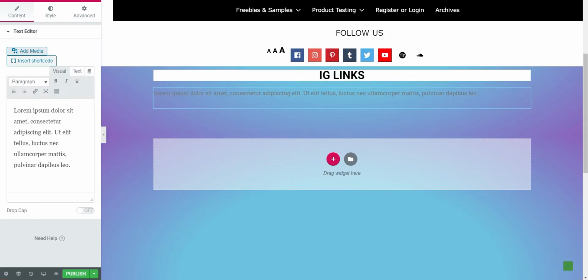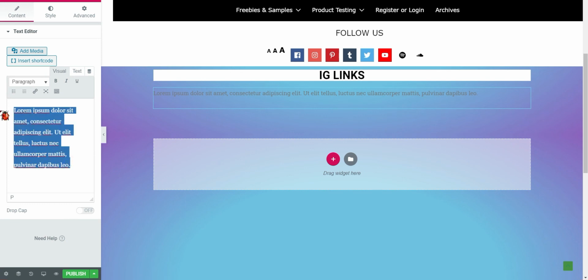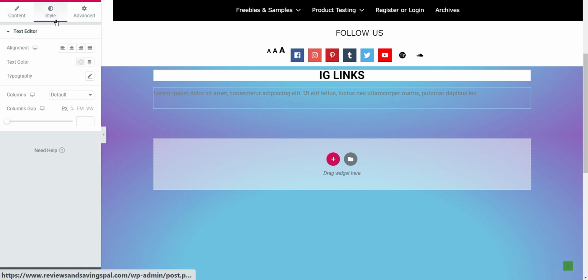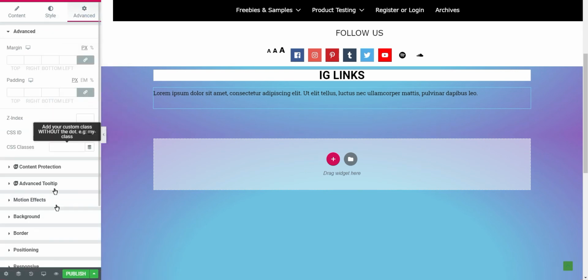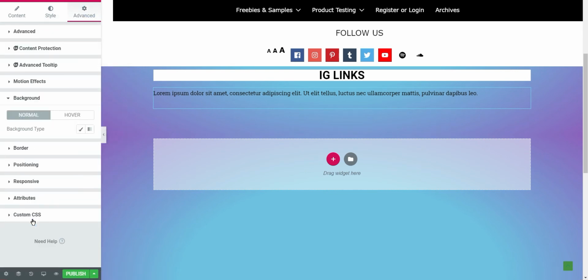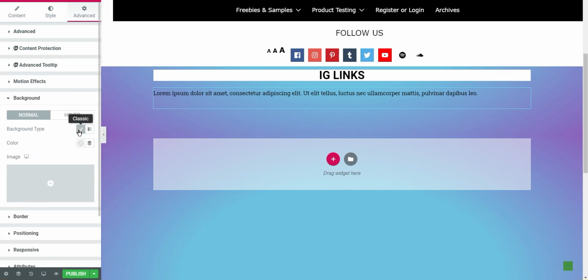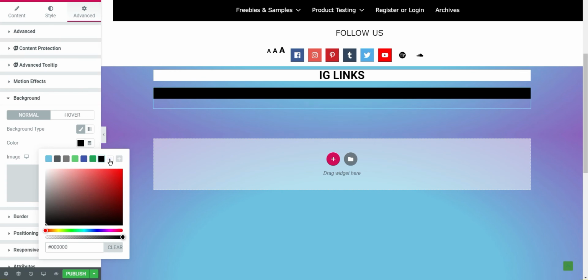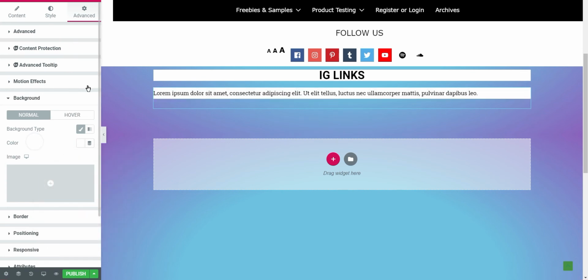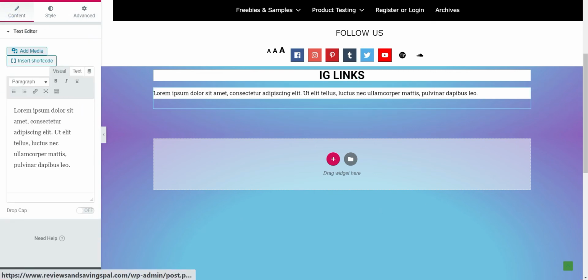So here's the text that's just auto-generated. We'll set the text color to black so you guys can see it. Add a background, make it white. Oops, white. There we go. So we'll just leave that text there just to show you that you guys can add text if you want to. So if you actually want to start creating your links section, what you would do is you would click